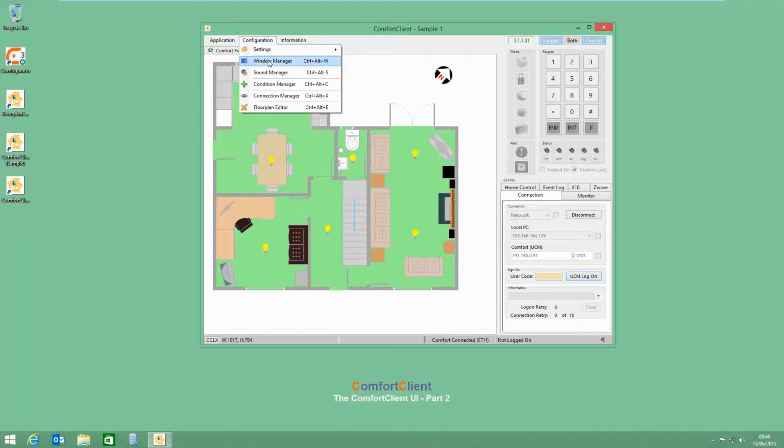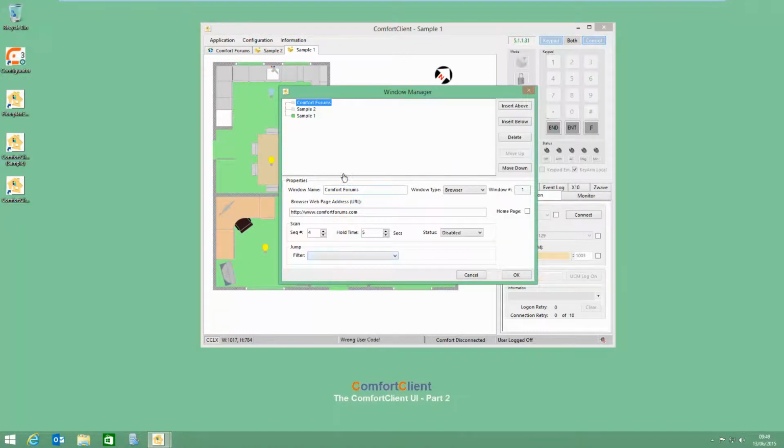There are 2 other things we can do with our tabs and how we access those tabs. Go back into Window Manager, and you'll notice down the bottom we have this concept of scan sequence. For each of our tabs that we've added in, we can add them to what we call a scan group. So let's say we've got 3 tabs on the screen at the moment, but we want our browser window and we want our sample 1 to be part of our scan group. So if we enable that for the Comfort Forum browser tab and we go to sample 1, you'll see